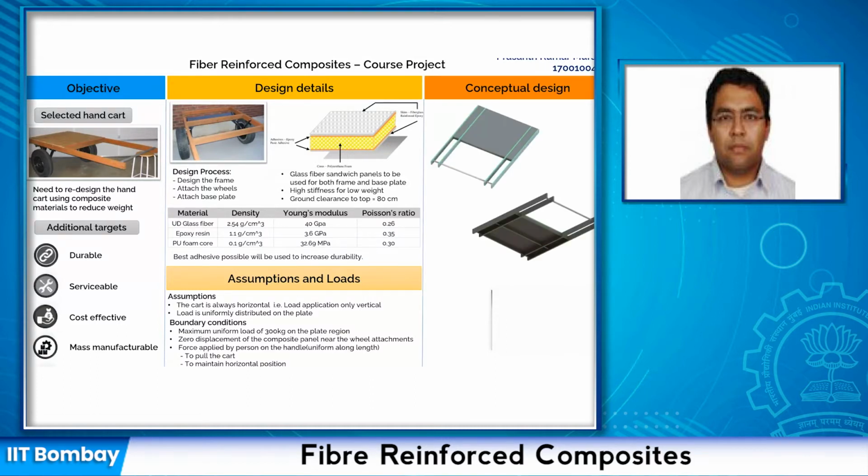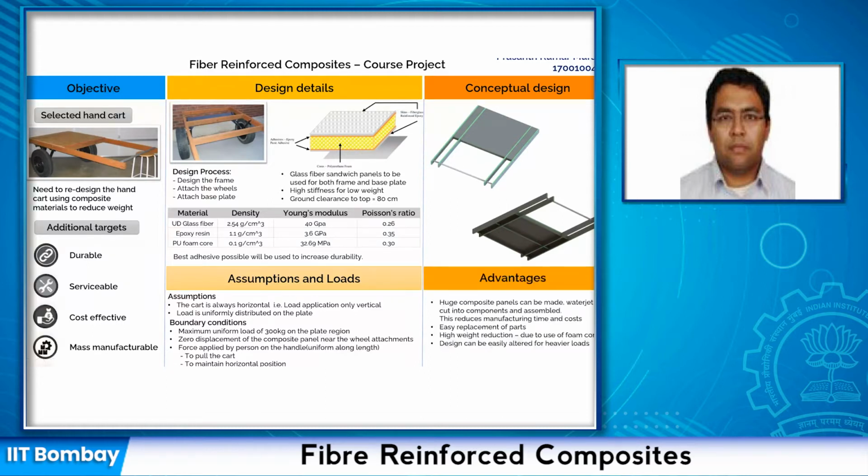Then I've prepared a small CAD to demonstrate my design. So this is how I wanted to make the design. Some of the advantages of this kind of design are that we can make very large composite panels and we can water jet them and cut into several components and this can be easily assembled. So this reduces the manufacturing time and cost and this directly relates to our goals of mass manufacturability and cost